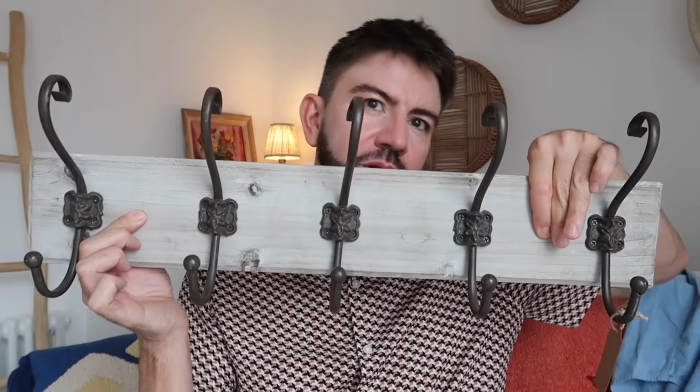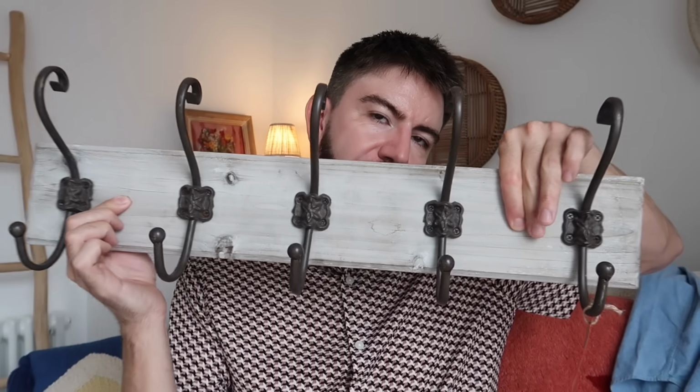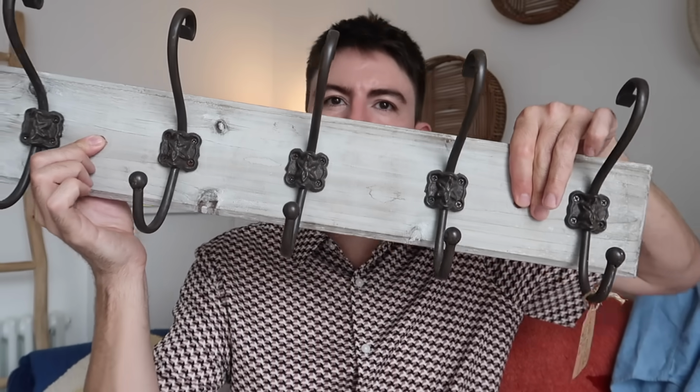They feel quite sturdy, and then you just screw this onto the wall to put them all up. And I think I'm going to put this into the hallway downstairs, and it'd be quite nice to keep it clear, but then it's nice for guest coats, or maybe just for the odd brolly or the odd thing. I don't want to fill it with coats, but it might get a bit heavy. But just for the odd thing, or even keys and things like that to be placed on it, it's very nice. It was priced at £12, and here's a little trick for you as well,